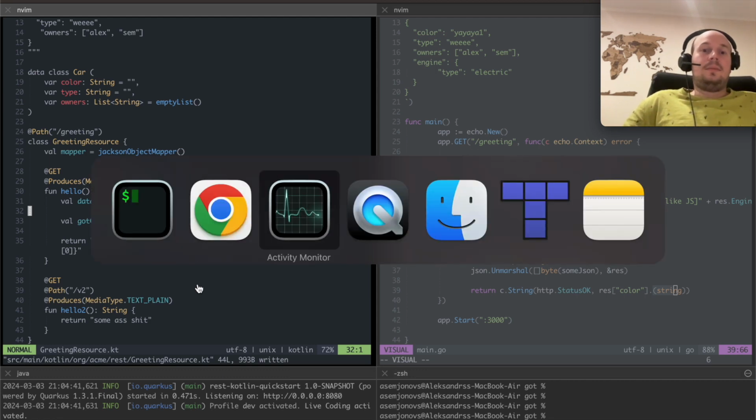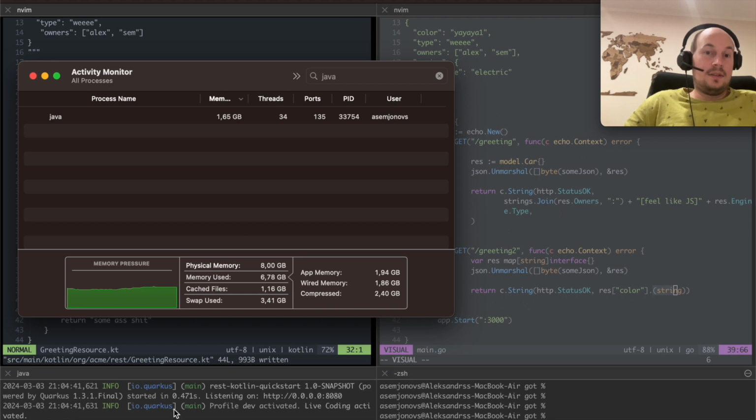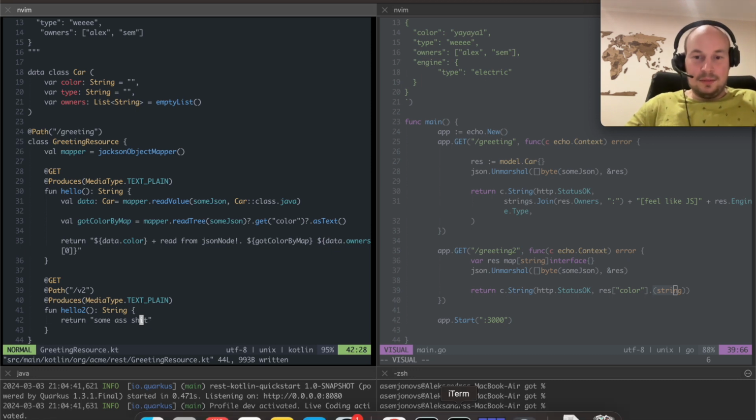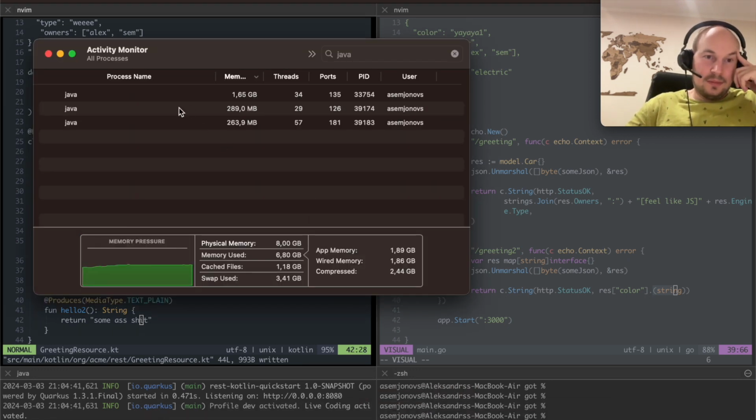The funny part about the dev thing, now that I have this thing running, I should technically see some more Java processes. One of them, of course, is the Quarkus reload procedure thing that allows me to iterate with changes faster, blah, blah, blah. That's fine. And the application itself is probably eating up a bit more memory just because it's in debug mode or something. So see how many Java processes take so much memory on my beloved Mac.